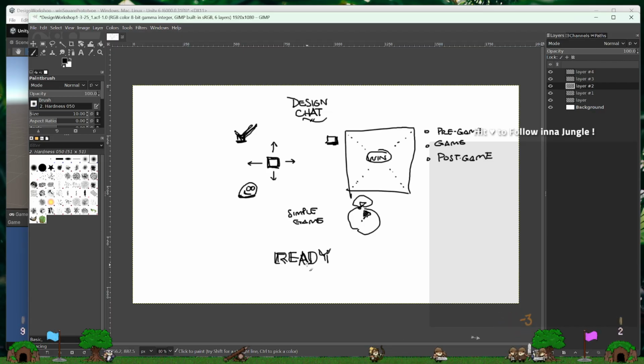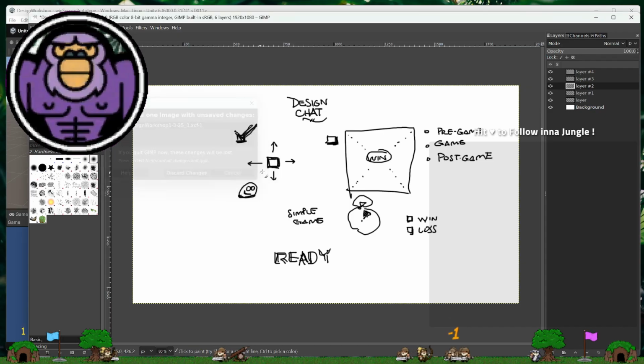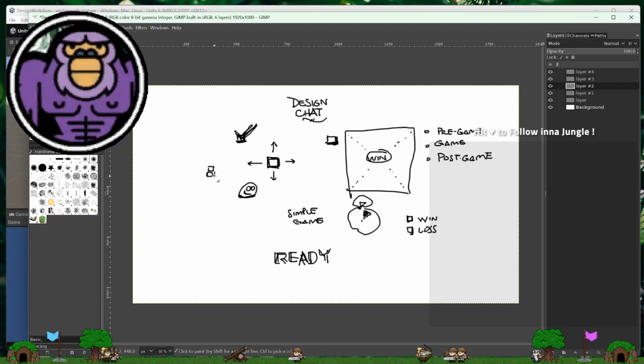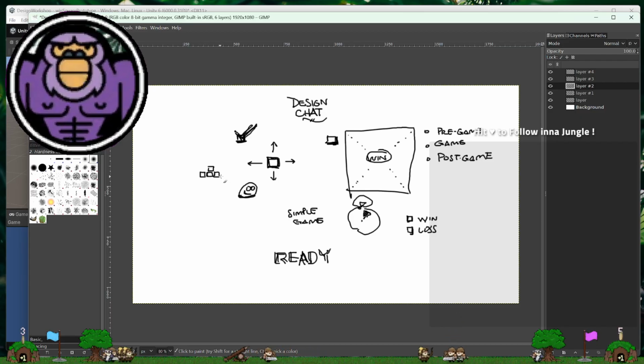We could say that this win square is in charge of so many things, right? But I think we've already decided, it's in charge of win and loss. And so far, we've only started working on loss, and we're only halfway done with it. So maybe this is already plenty of stuff for this one thing. This object here handles the character and takes in player input, WASD, and it also handles the animation of the character, actually it does quite a bit.